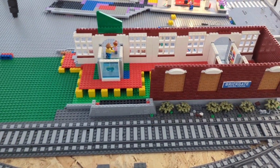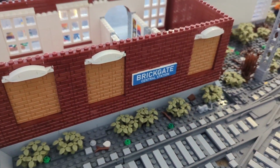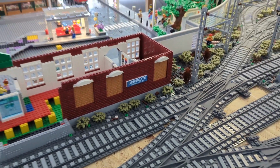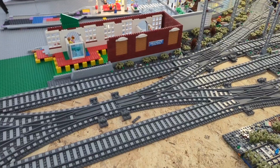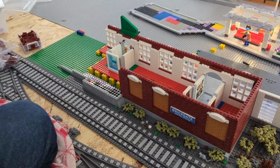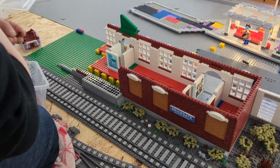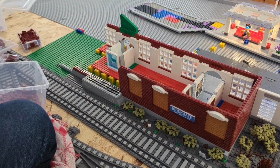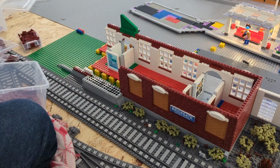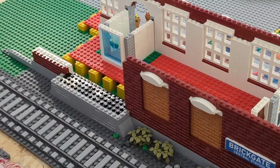A signal box is a place where people are working to change the switches and change all the signals for the trains and look about what's happening on the train tracks. And that's the place I'm going to start. A Gantry signal box is a signal box that's above the train tracks. It's not on the side, it's going above, and I think it might look quite good to have something that's